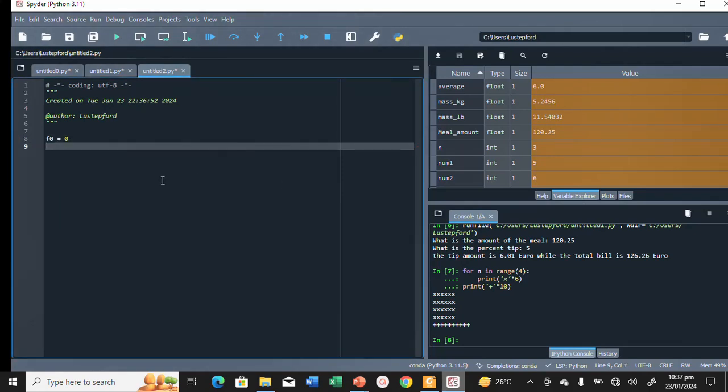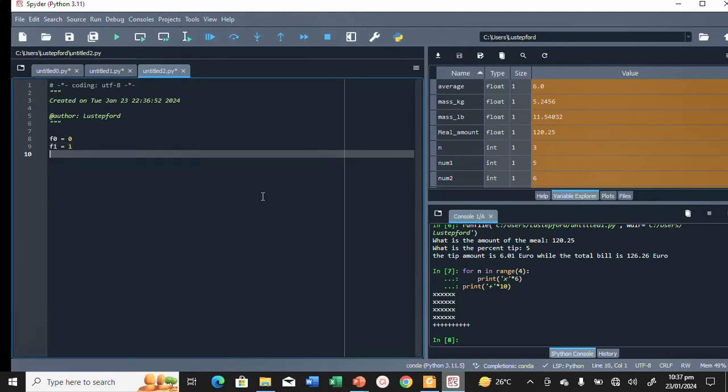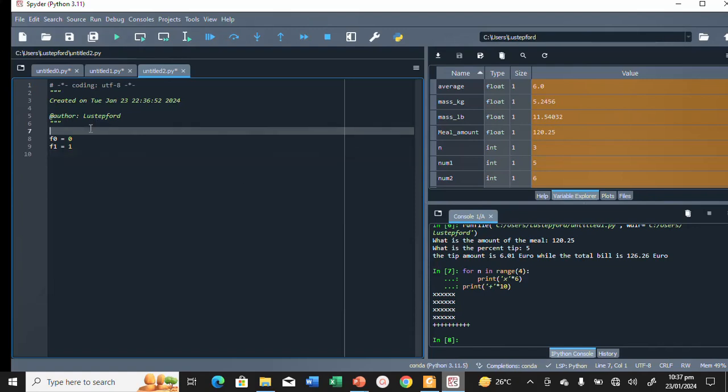Now f1 is equal to 1. Having done this, first you need to ask the person how many. This one we just say n should be equal to